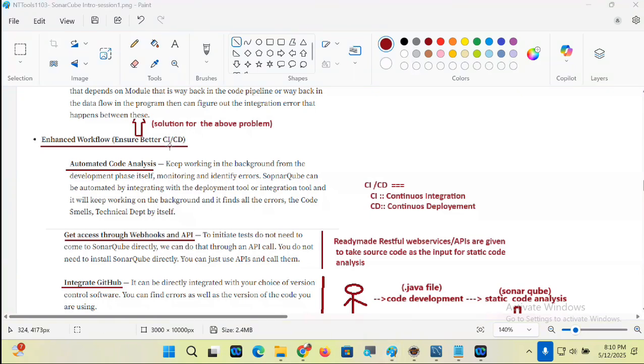Integrated SonarQube. CI means continuous integration. CD means continuous deployment or delivery. Are you getting my point, my dear?